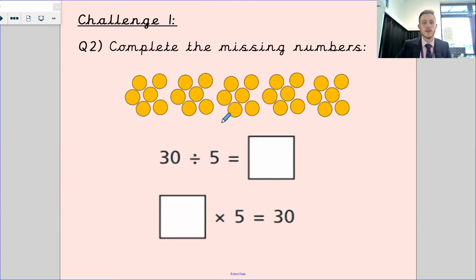Next one, complete the missing numbers. You've got some counters here. It says you've got 30 counters altogether and you're going to put them into 5 groups. So you're going to then need to,